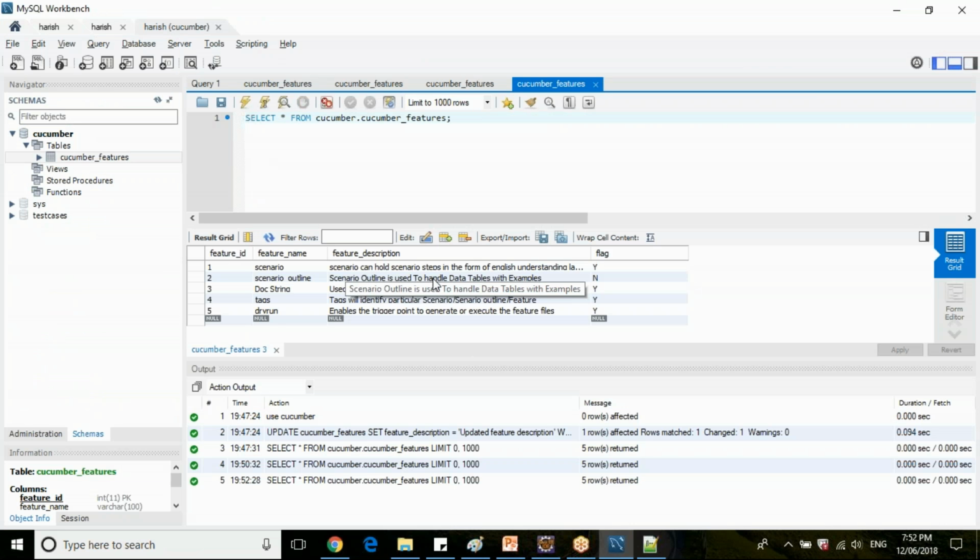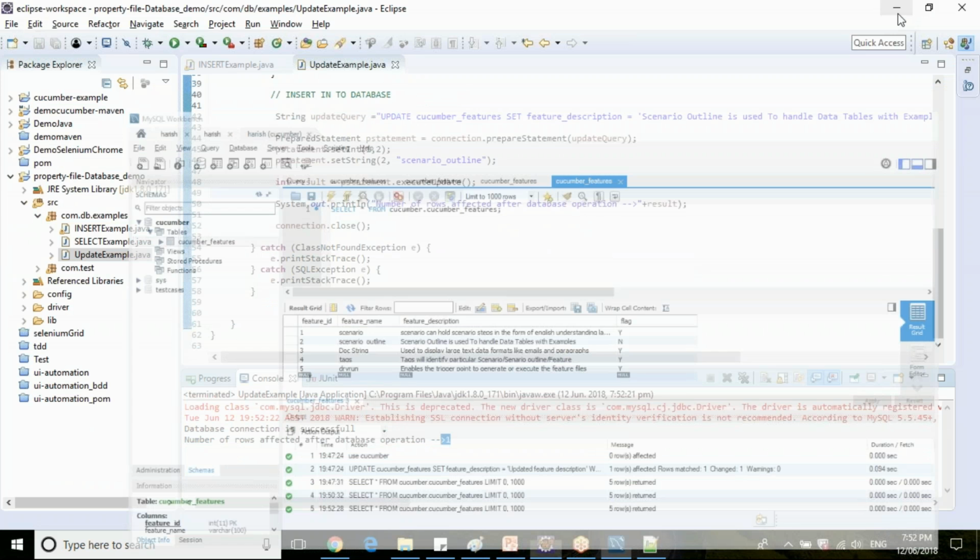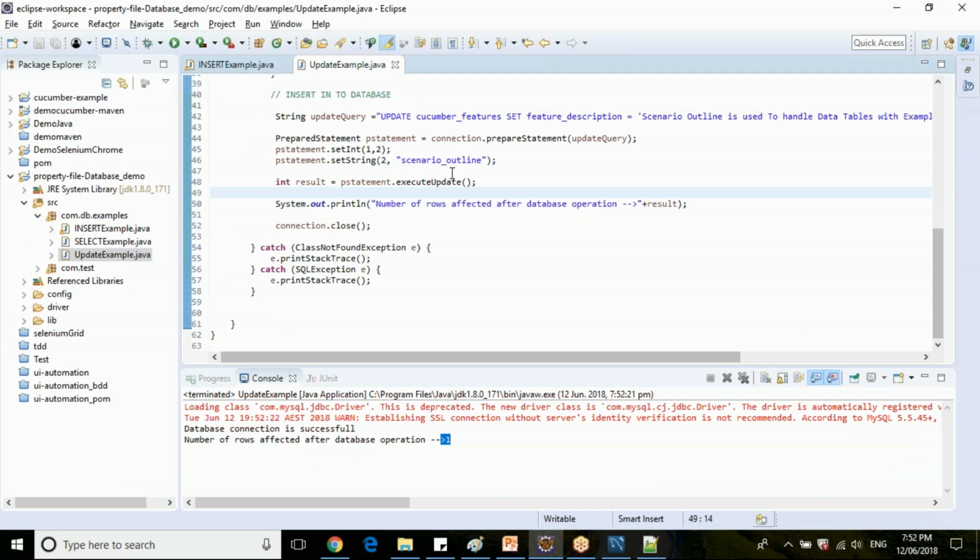Now scenario outline is used. So now we have used two conditions: where feature ID is equal to 2 and feature name is equal to scenario outline. Clear? If you give something wrong, it will throw an SQL exception. Let's say instead of scenario outline, we just pass scenario. Now it should not update any rows, right?